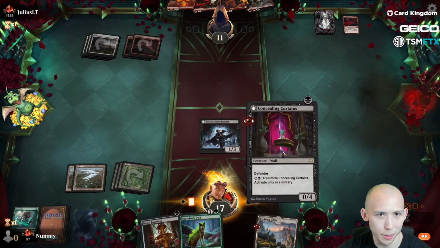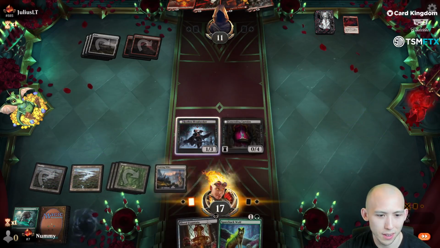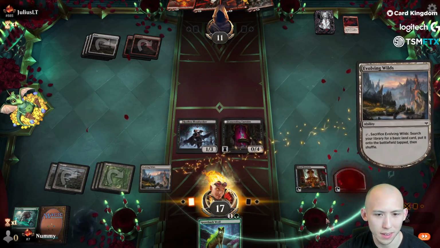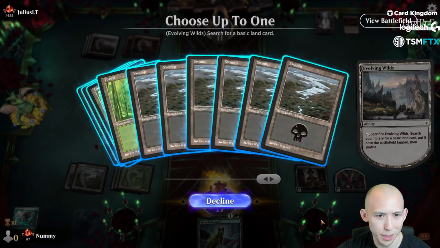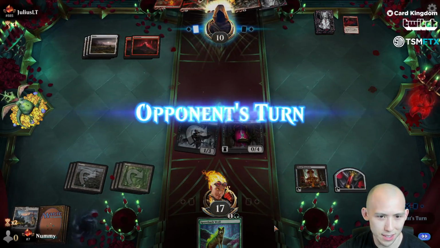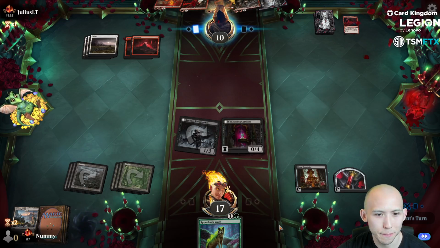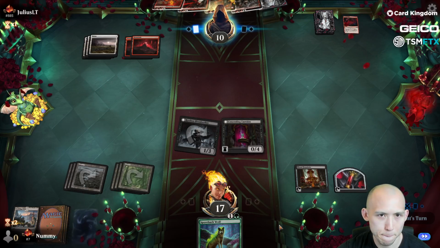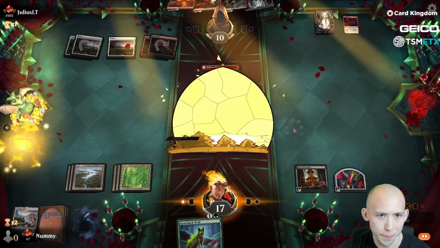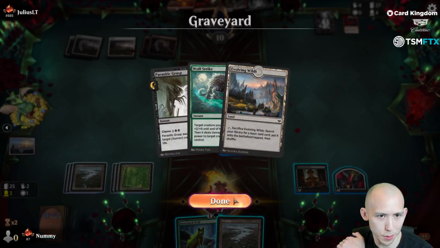We can nab another one of their cards with the curtains next turn, but I am gonna be in a really sad spot if they draw their land next turn for their 6/6 and I don't draw Hero's Downfall. Good, okay. Okay, so...